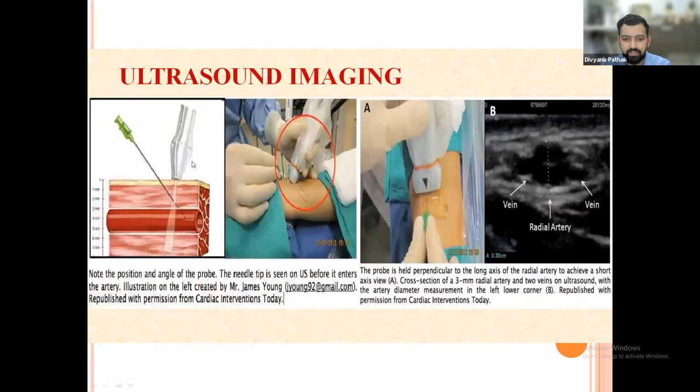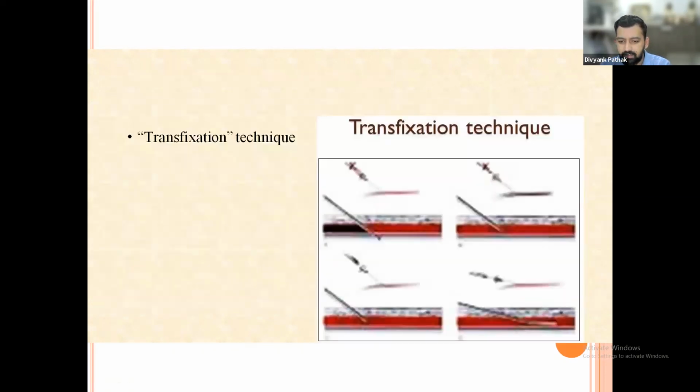So transfixation techniques are there. There are two types of technique. Here we can see that some people prefer to go deeply, penetrating and cutting through both walls of the artery, and when they withdraw, they see the blood coming out. Or they gently go in, and whenever they get the prick, they withdraw the stylet and go in. In my preference, the second method is very useful, in that the risk of hematoma is less.